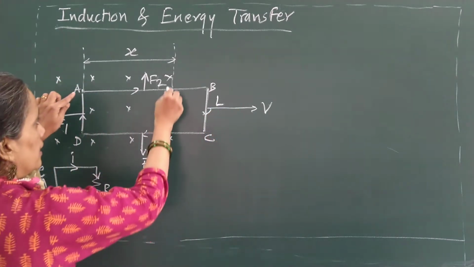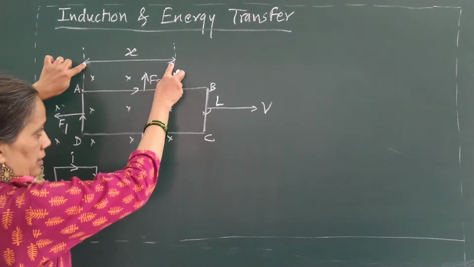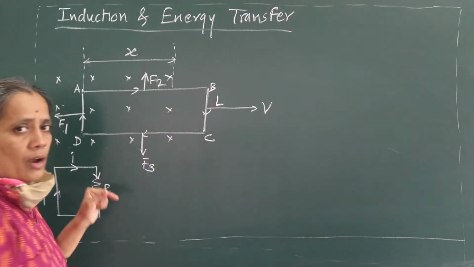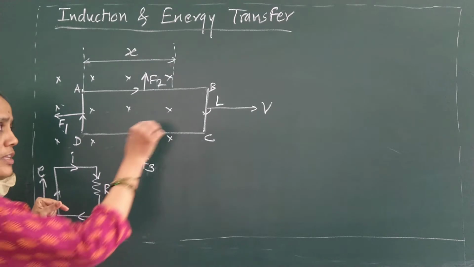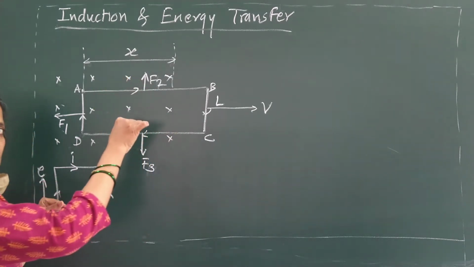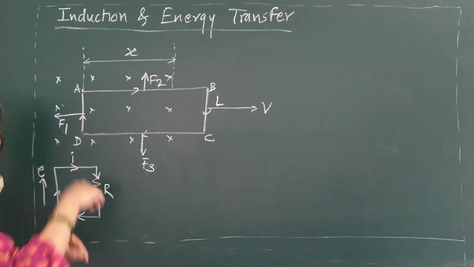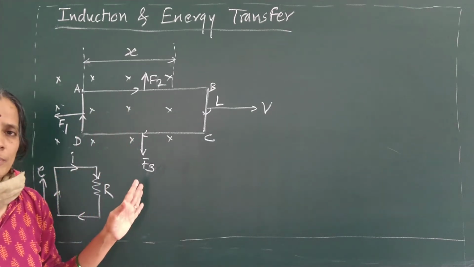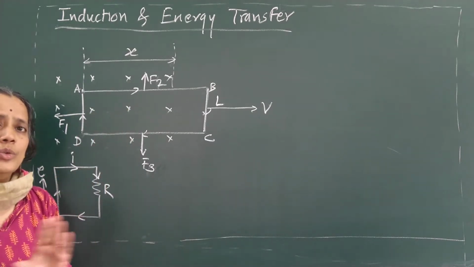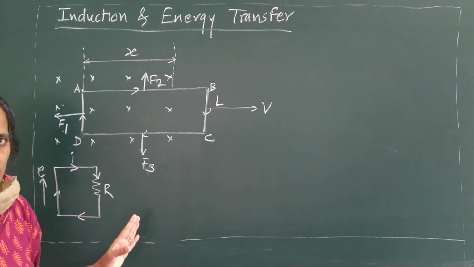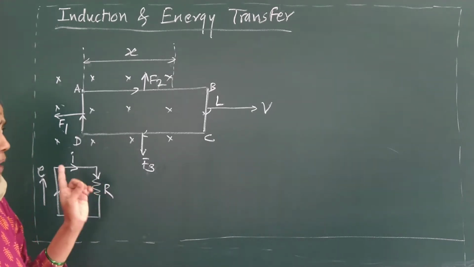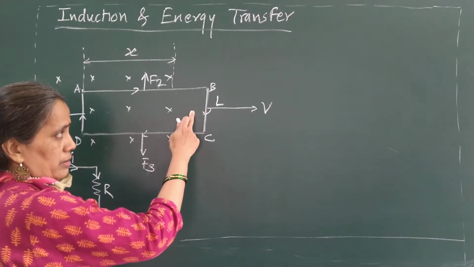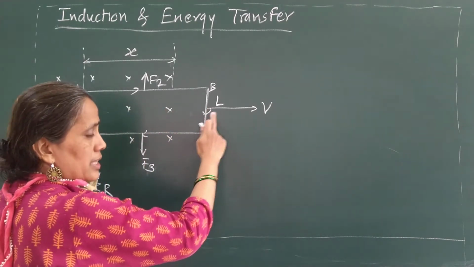Now initially this part X of the coil is inside the magnetic field and the remaining part of the coil is outside. Initially your coil is at rest inside the uniform magnetic field, therefore there will be no change in magnetic flux, therefore there is no induced current, no EMF. Fine? But now I have to pull this coil towards the right side